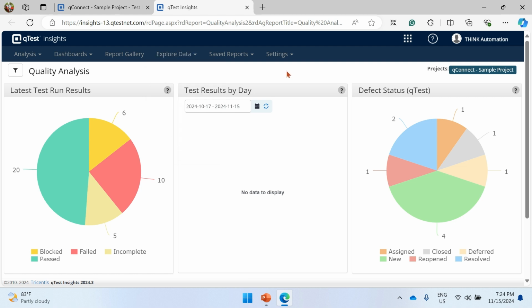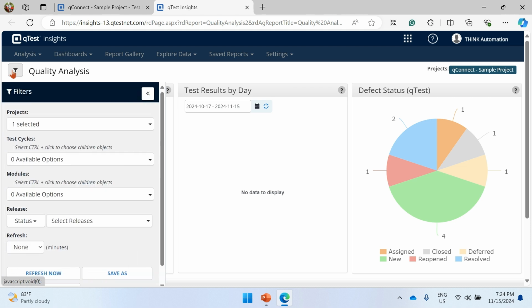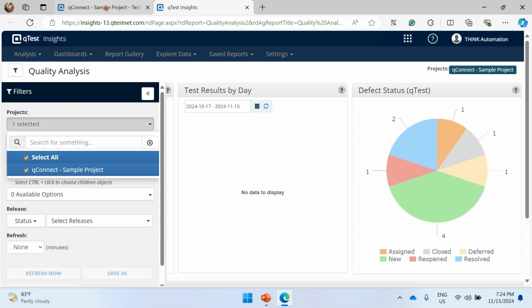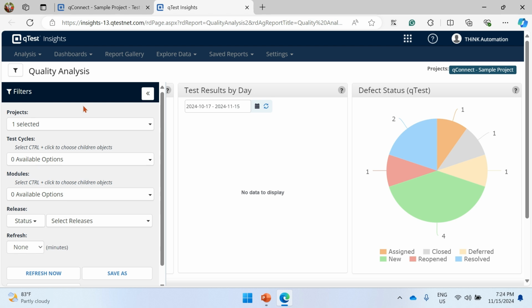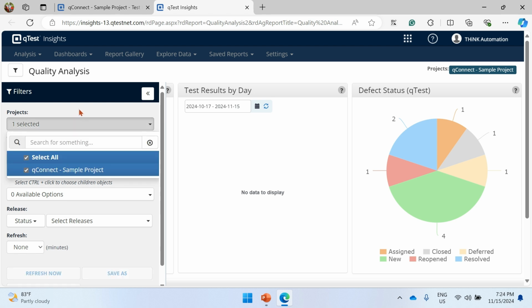Before going into that, there is some basic stuff that you need to understand. The first thing is the global filter. This is the one you need to select carefully while preparing your dashboards or reports. Here, all your projects from qTest Manager will get listed. As of now I have only the sample project, but whatever you have, all of them will get displayed here. Don't choose too many projects from here. You can choose a single project as well, that is not an issue. But if you choose too many projects, like 10, 15, or more than 20, there will be